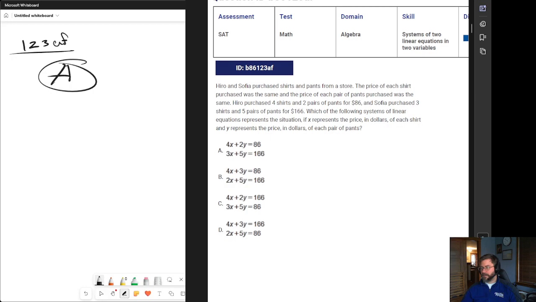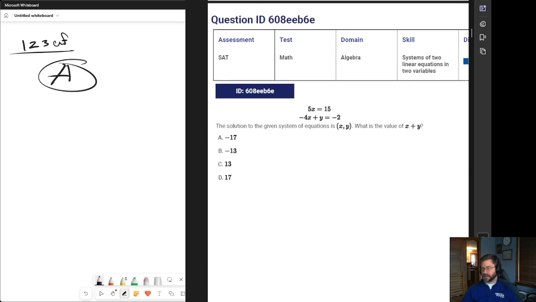You identify the scope of the question first on those big long paragraph things, just jump to the end. Easy peasy. All right, we got EB6E,